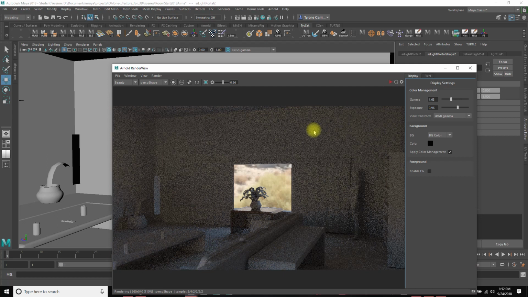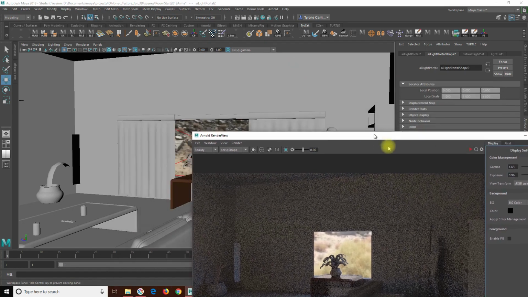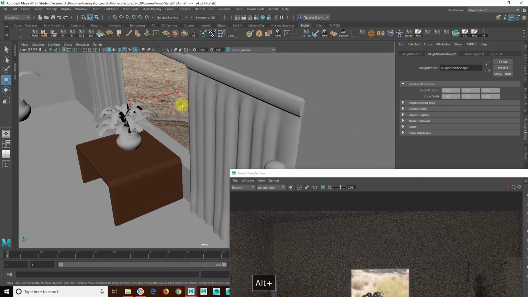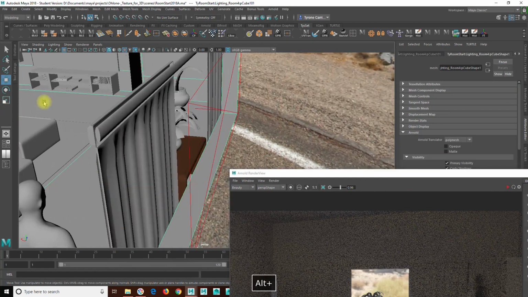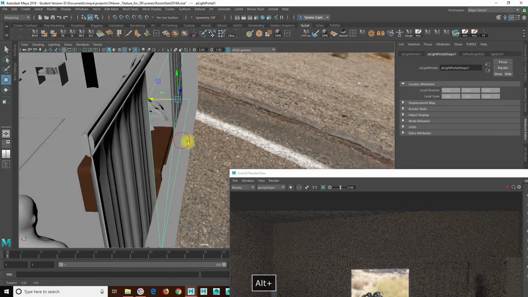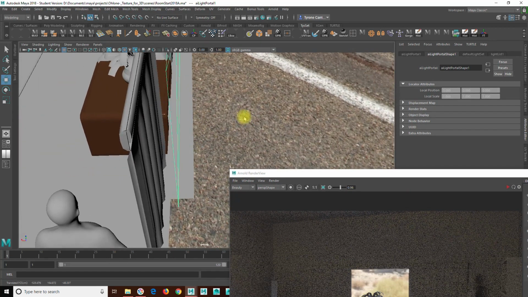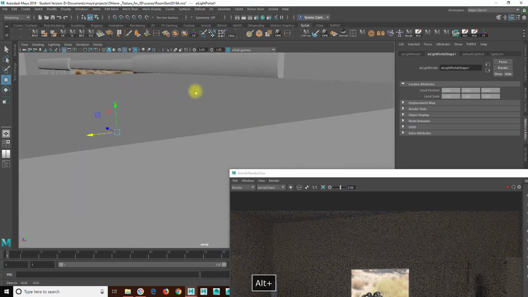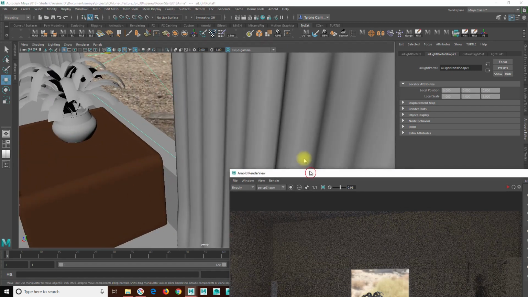So the question is, do you place it outside the window? I usually put it just slightly on the outside, because if I don't, then I could have that edge, because it's not going to calculate what's behind it. So I might have this dark edge if I pull it in. So in other words, if I were to take this light portal and push it in, like right now you see it's halfway in to the sill or a little bit more of the window pane. And then when I actually go to render,